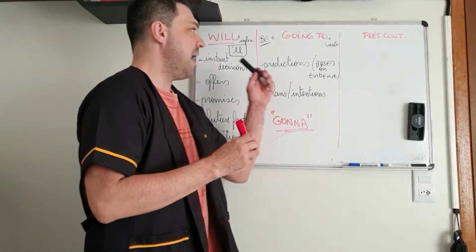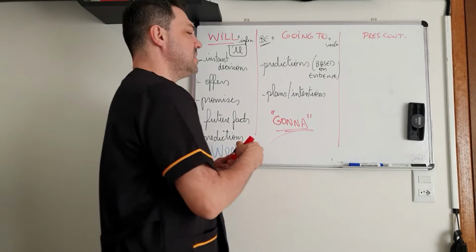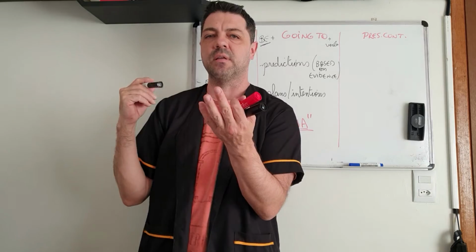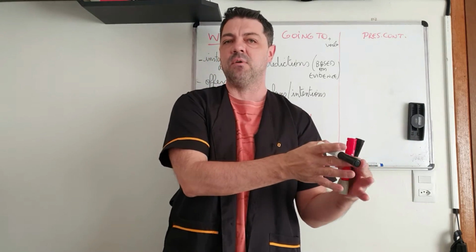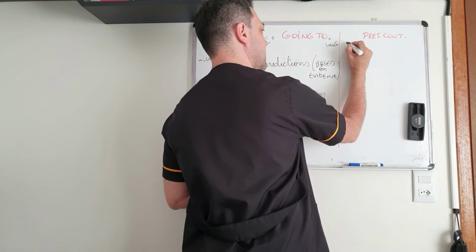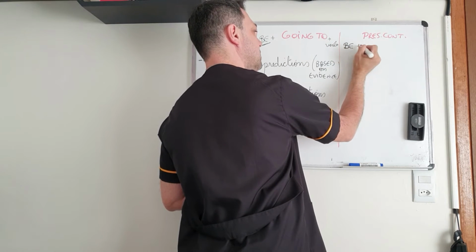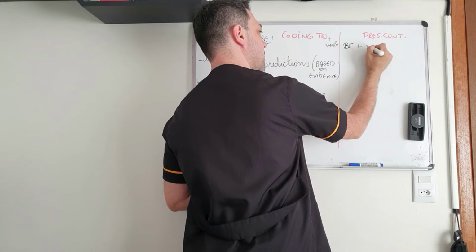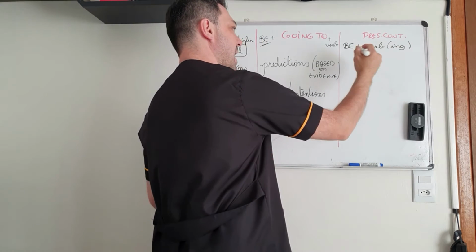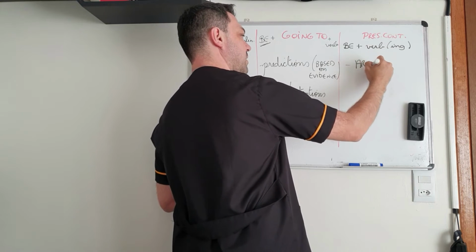Okay, guys? And finally, we have the present continuous. But remember, earlier we talked about present continuous referring to the present. Now we are going to talk about the present continuous about the future. Be plus verb with ing. And the structure is when you talk about